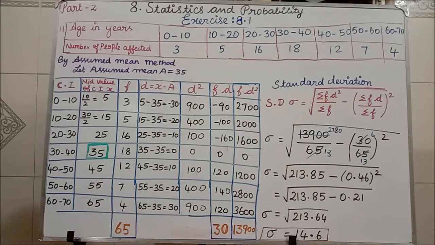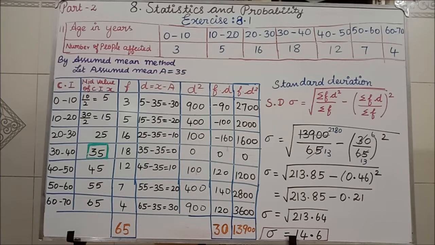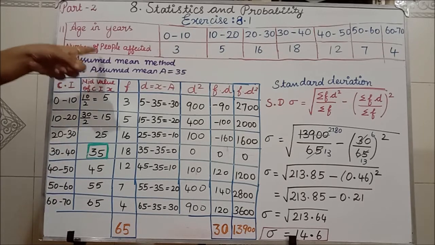Here, for the assumed mean, we have to calculate the D. D equal to x minus capital A is the formula. That formula only we used in the 10th problem in part 1. Yes, the same formula here also we are using, because I told you for the tabular column we are going to apply the assumed mean method. One method we are going to fixedly follow. That method is what? The assumed mean method.